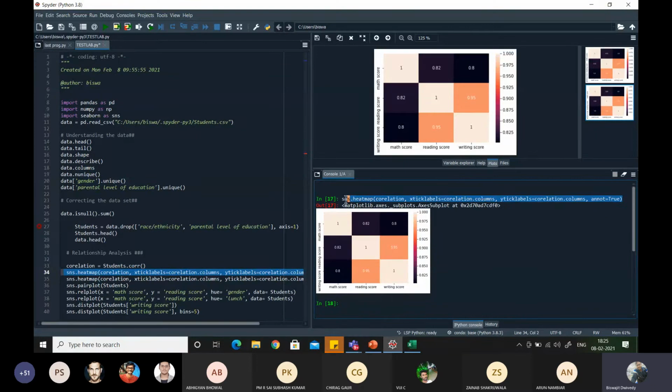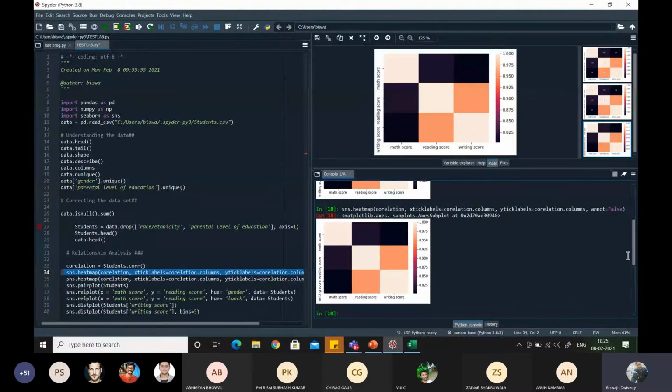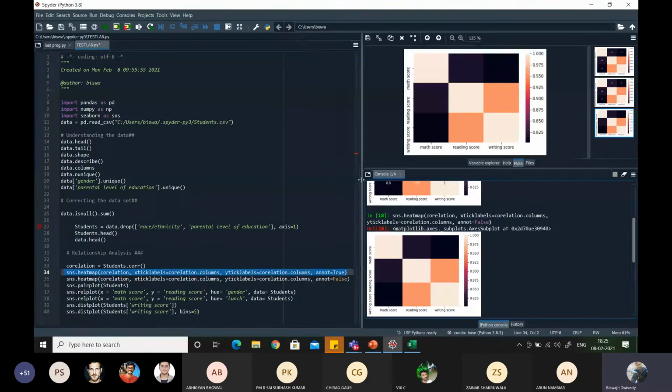Let me do that one. Yes, you can see if you make annotation false, then those values are not written on your plot. So these are a few things you should know whenever you are going to use this.